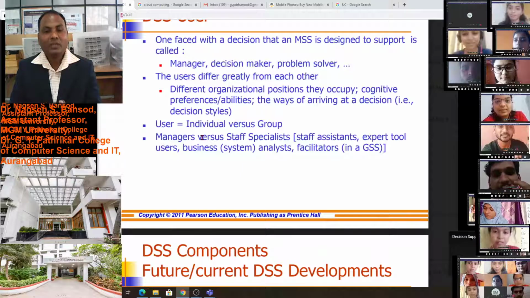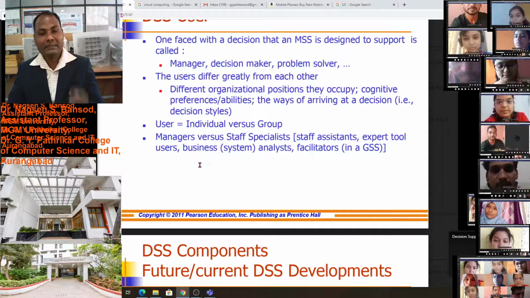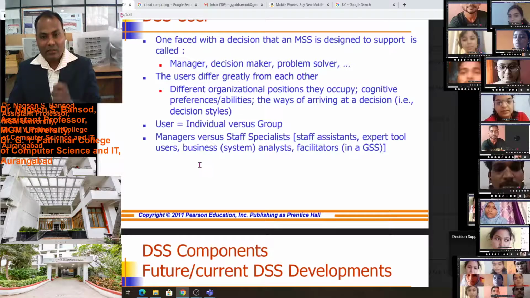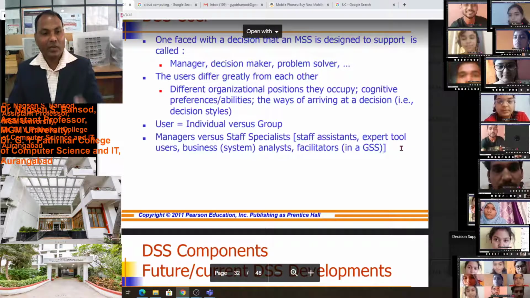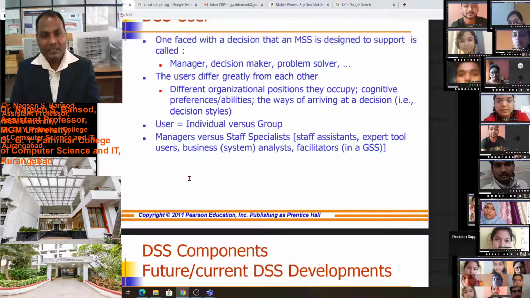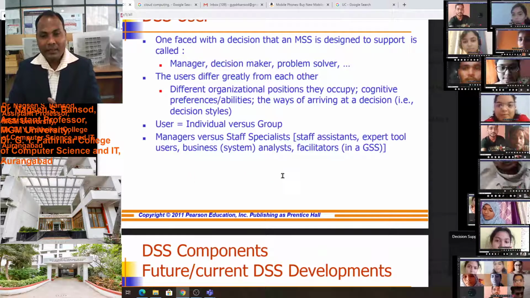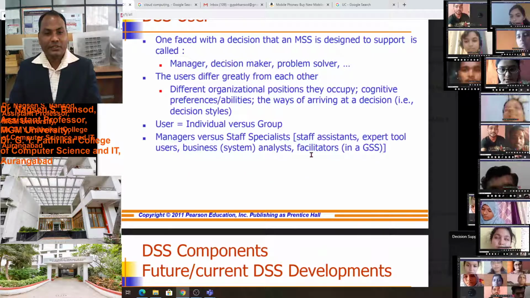Users include individual versus group, manager versus staff specialist, staff assistant, expert tool users, business system analyst, facilitator in a group support system.